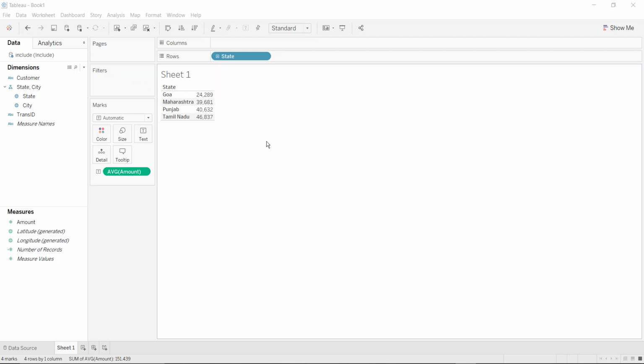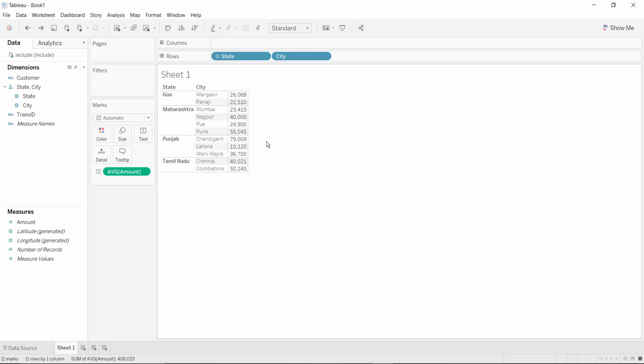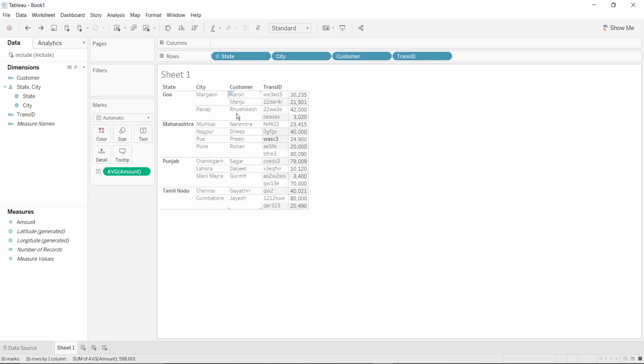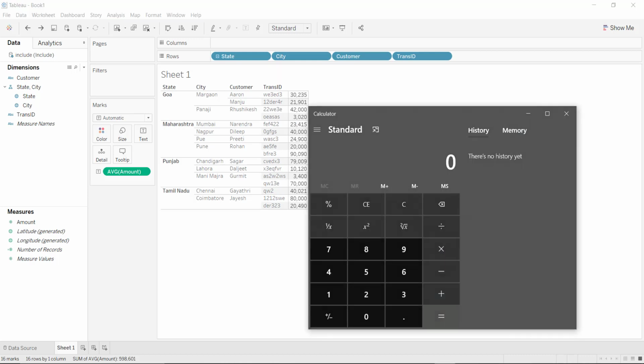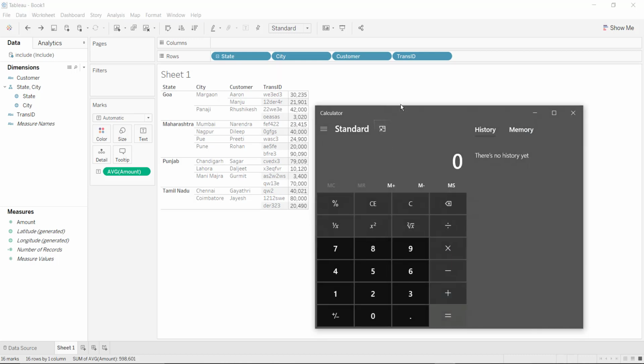Now let me demonstrate it with an example as well. If you carefully observe, under Goa, the total number of records present is 4: 1, 2, 3, 4. So it will first find the total of all these and divide it by the number of records present. Now let me open the calculator to validate the value.